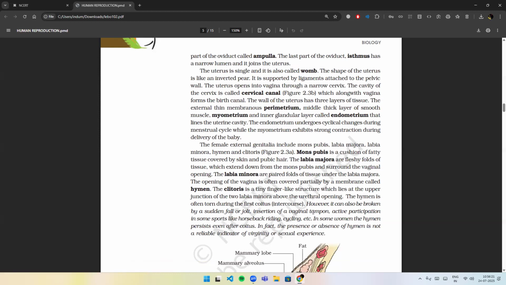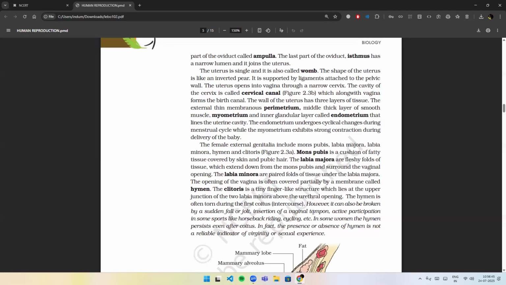The wall of the uterus has three layers of tissues: the external thin membranous perimetrium, the middle thick layer of smooth muscle, the myometrium, and the inner glandular layer called the endometrium that lines the uterine cavity. The endometrium undergoes cyclical changes during the menstrual cycle, while the myometrium exhibits strong contraction during delivery of